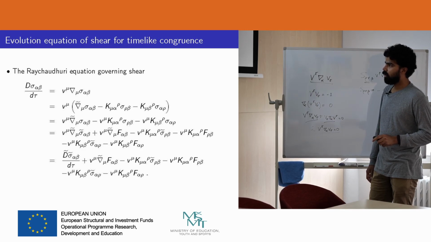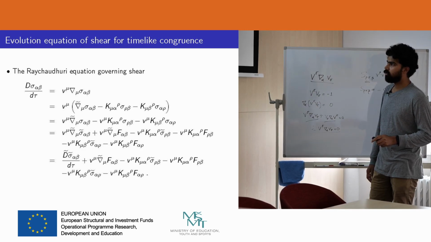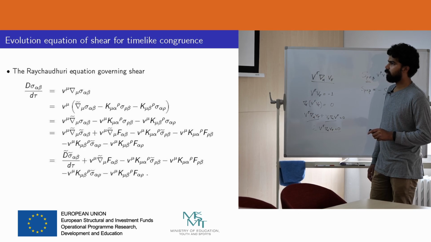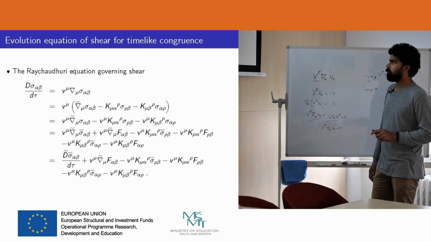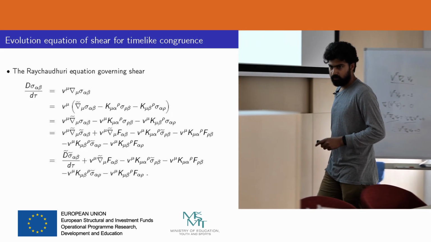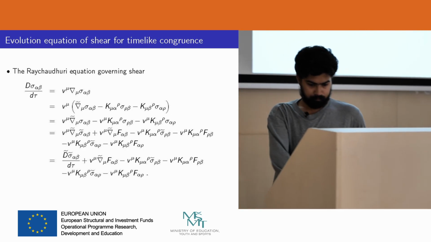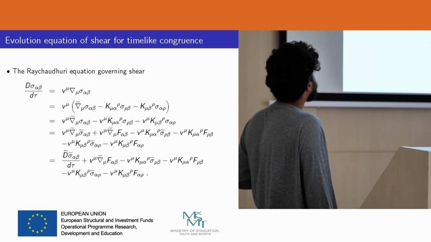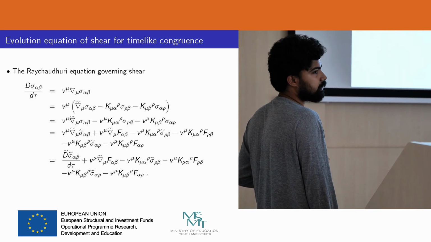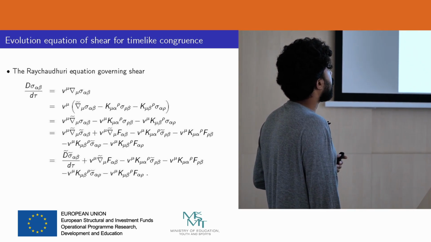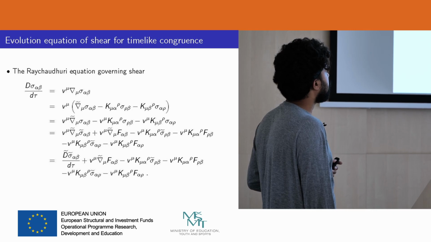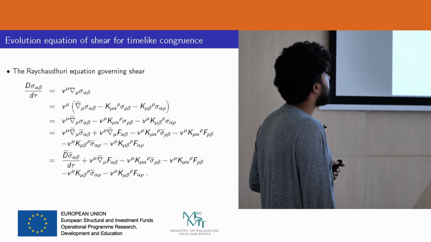Here you can see that all these terms are related to contortion, and contortion is related to torsion. This is the torsion tensor, and here is the contortion. So F alpha beta is basically arising because of the presence of torsion. If we calculate how this shear will change along the congruence, then we calculate this expression and we substitute